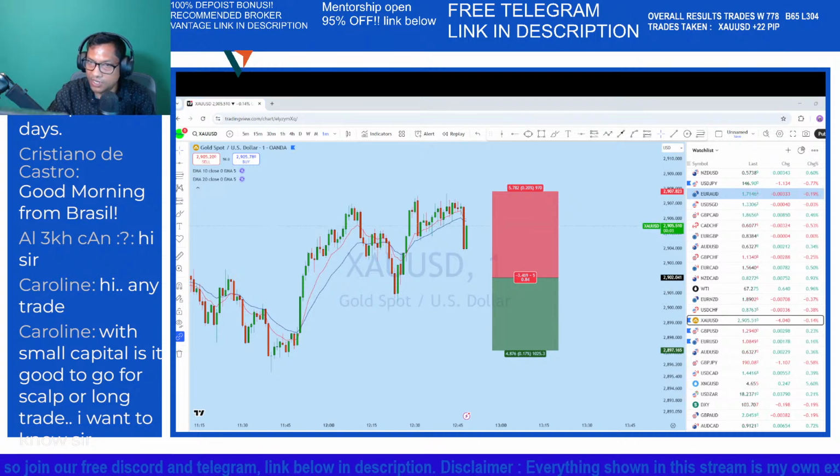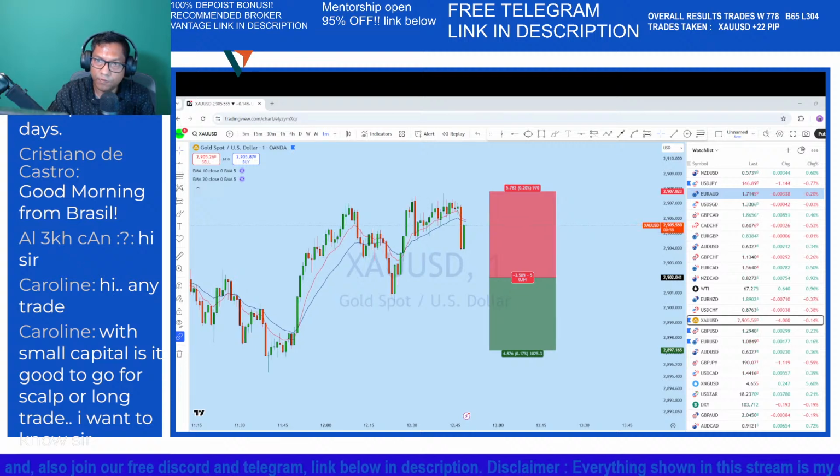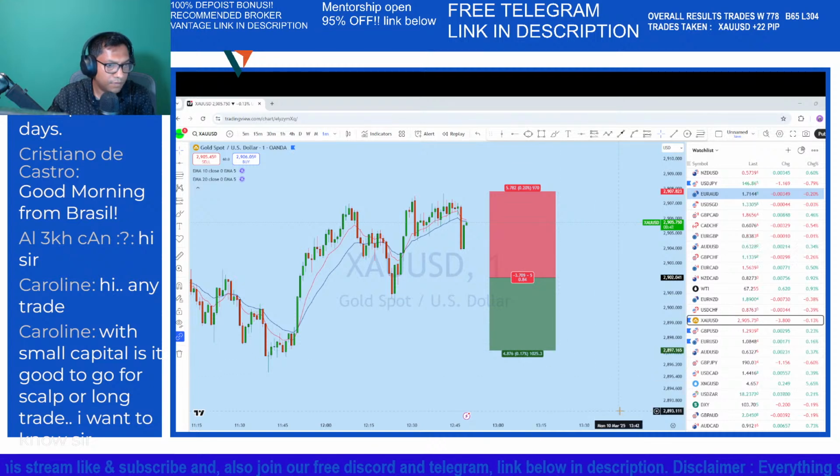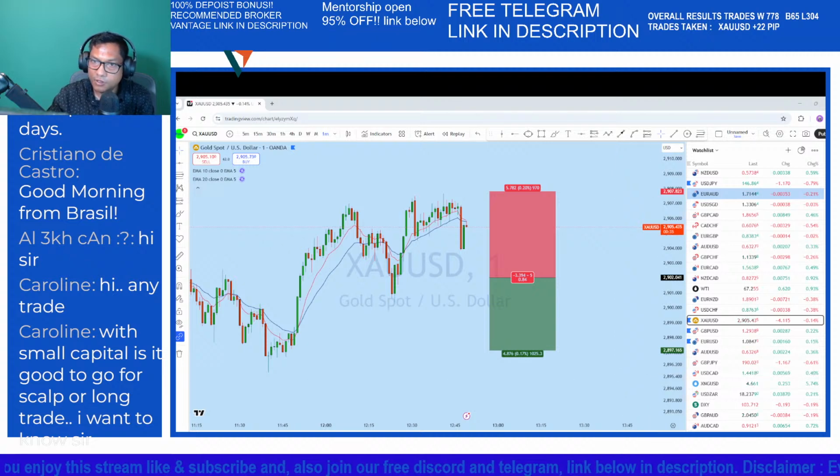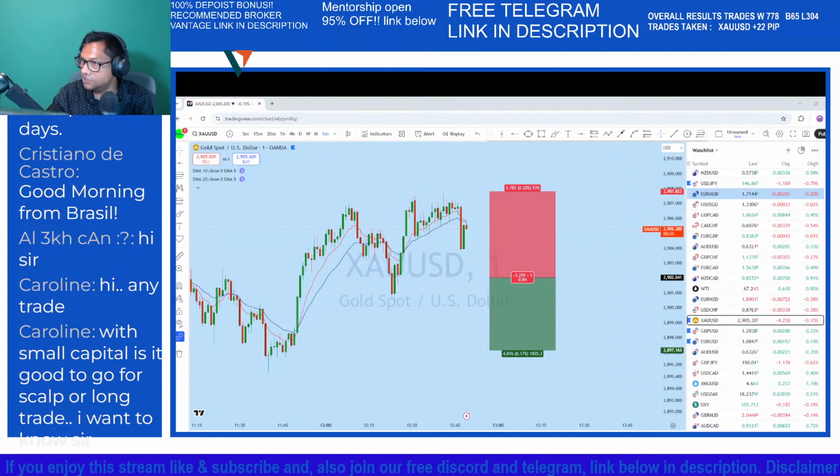So I'm readjusting the sell stop, closing the previous one, readjusting the sell stop at 2902.04, stop at 2907.823, TP target at 2897.16. So this is the adjusted sell stop